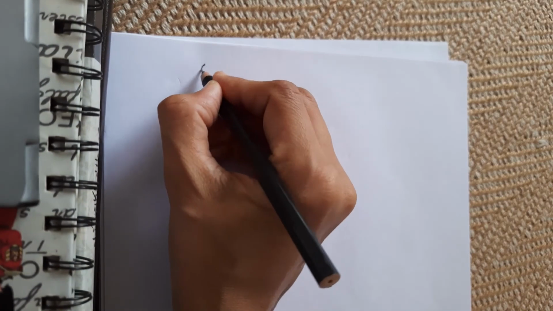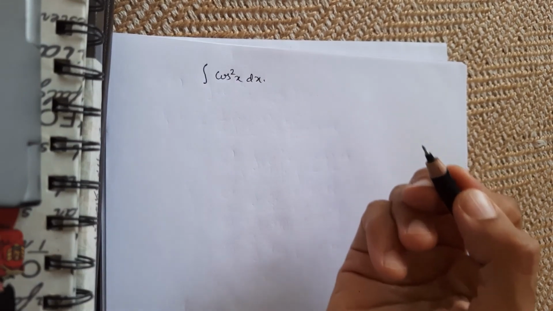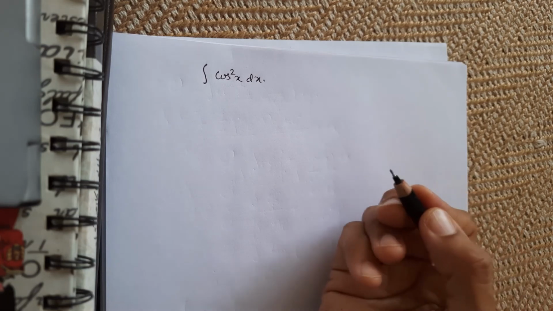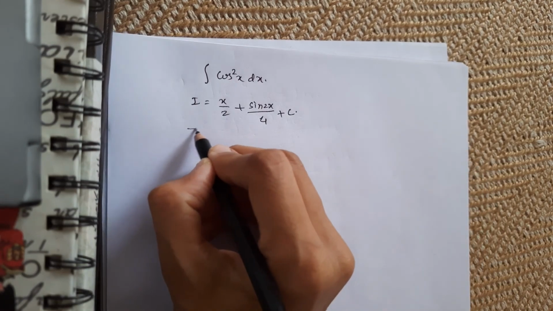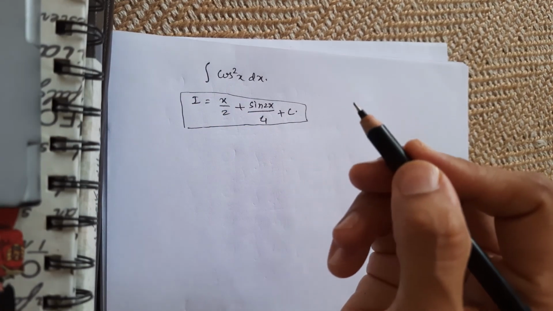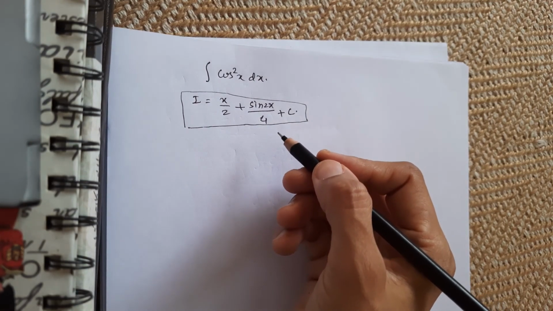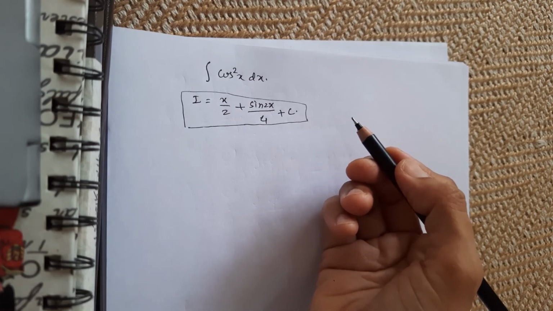Okay. In a similar way, just try this example. Just pause the video here and try out this example: cos square x dx. Now you already know what formula you need to use. Just try it and check what answer you get. Okay, so finally I think you all got the answer. If you did not get this answer, then try the example again and practice it till you are able to get the correct answer. That's how you are going to become perfect in mathematics. So thank you for solving this. Now I will move to the next example.